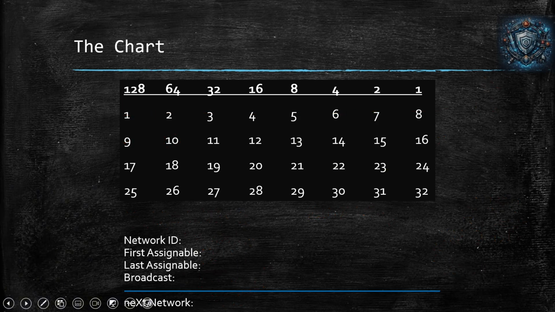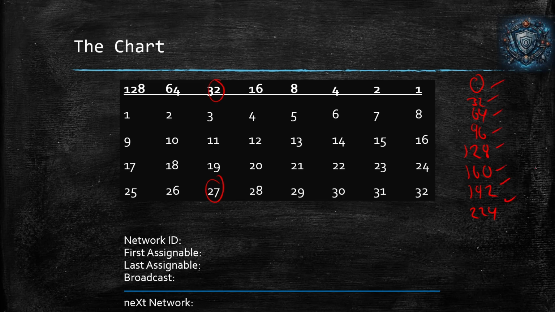We have a /27, which means we can increment by 32s. So we go 0, 32, 64, 96, 128, 160, 192, 224, and that is it. So we have 1, 2, 3, 4, 5, 6, 7, 8 networks, 8 /27s that can